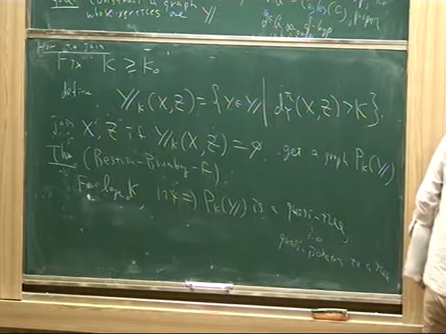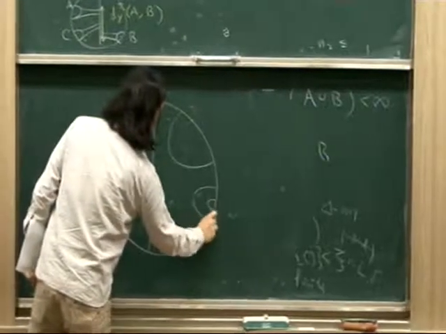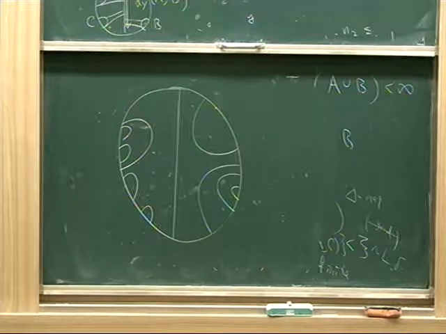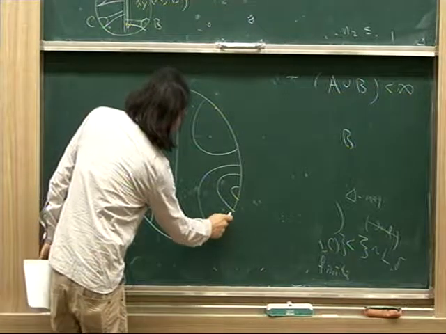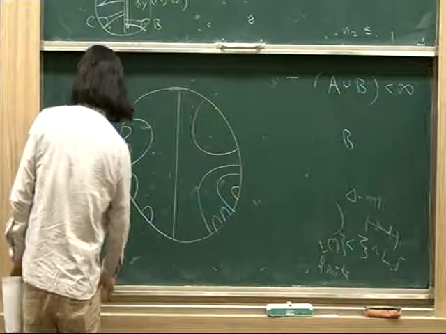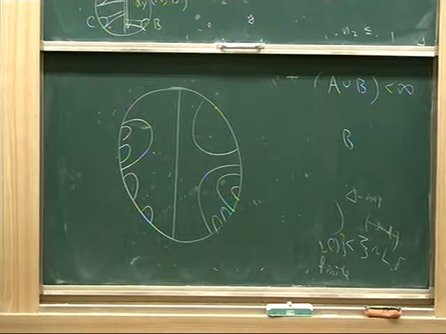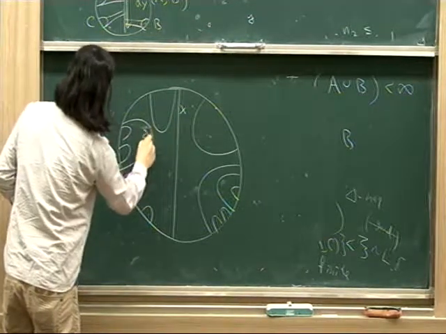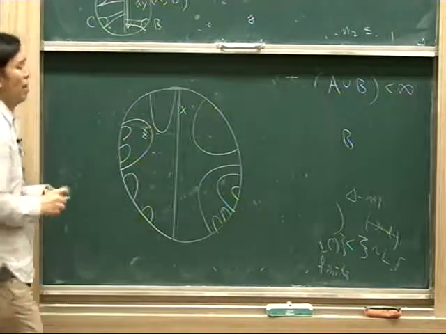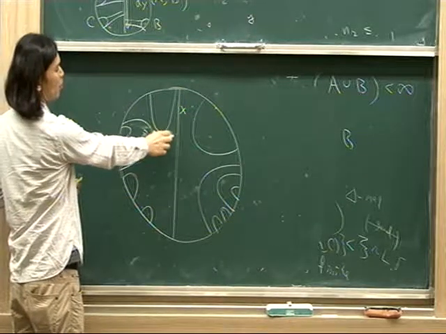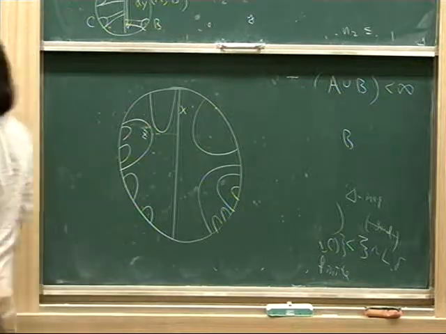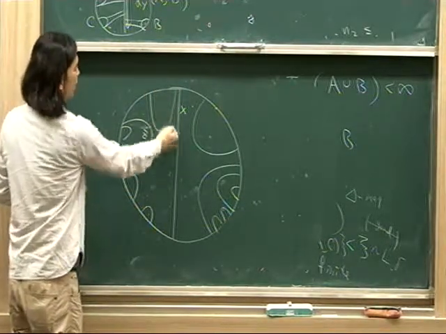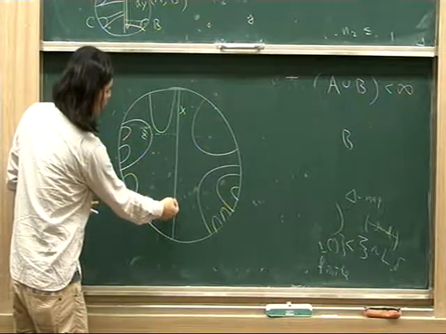For example, let me just draw the picture for you. You have many translates like this, right? So when do I join? Let me put it this way. If this is x and z, then remember this is a shortest segment, and this geodesic translate seems to come close to this one for a long time. That means this one is going to be between x and z. Therefore, I don't join those x and z. But if I don't see anything between this and this, I join